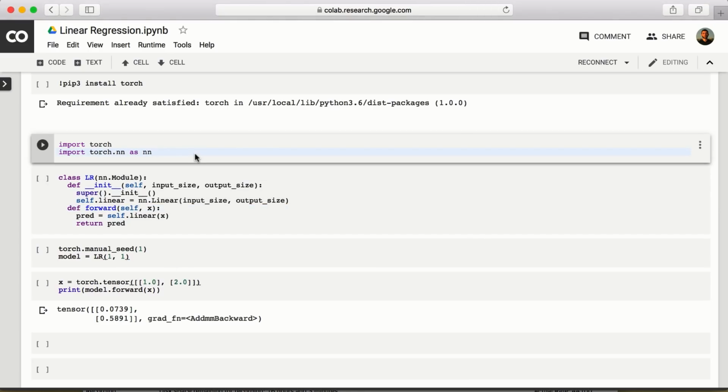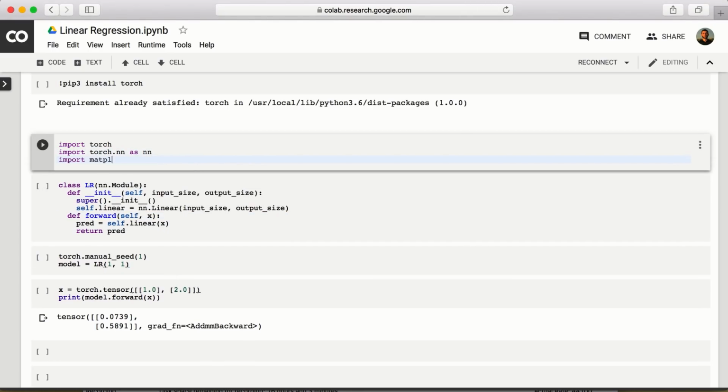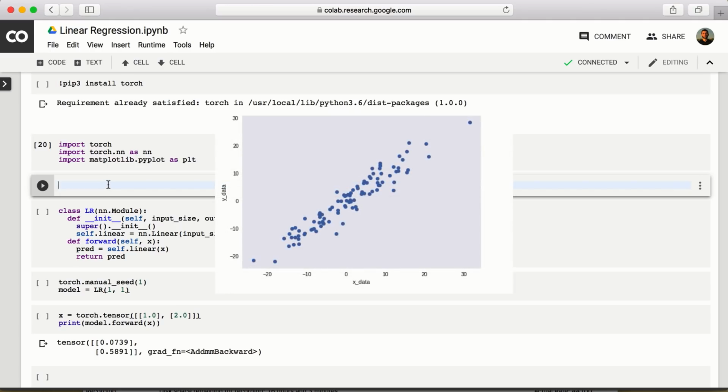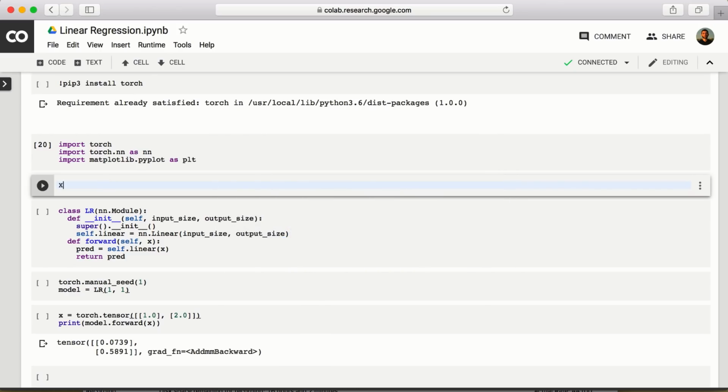Firstly, for visualization purposes, we begin by importing matplotlib.pyplot as plt, as we have always done before, and instead of pressing Shift and Enter to run the cell, press Alt and Enter to create a new cell right below, as it is in this cell that we will be creating our dataset. Ultimately, this is the dataset that we will try and fit a linear model into. Our dataset is plotted on a two-dimensional coordinate system, such that each data point is characterized by an x and a y coordinate. As such, we will be specifying the x values for our data points, which we will set equal to